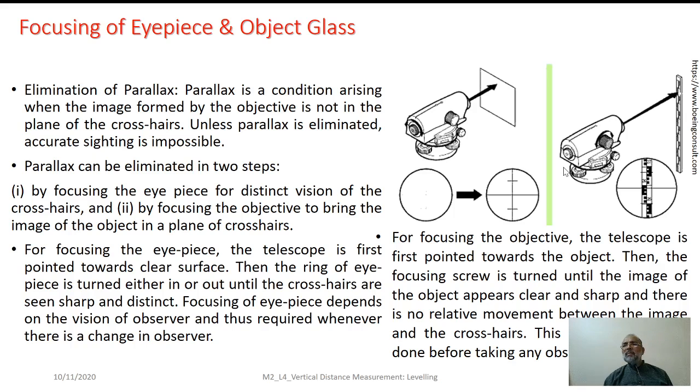Next part is focusing of the objective. So in order to do so, as we look through this particular eyepiece towards certain object under consideration, here as we see, it is looking towards certain graduated rod, graduated staff. So the image of this should be sharply and distinctly seen. So as we have this particular eyepiece and object glass focused, now the equipment is ready to take various staff